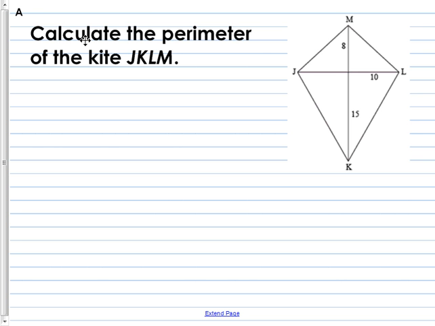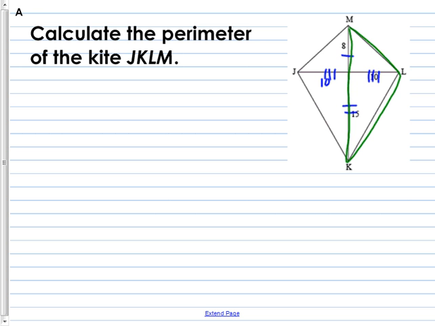We're on bell work 32, letter A. It says calculate the perimeter of the kite JKLM. With the properties of kites that we should know, we know it has two diagonals. One diagonal bisects the other, which results in two congruent triangles. Obviously, since this piece is 8 and this piece is 15, those two diagonals are not bisecting each other. So this piece is 10, that means this piece has to be 10, so these pieces are congruent to each other. Which means, therefore, that the congruent triangles would be